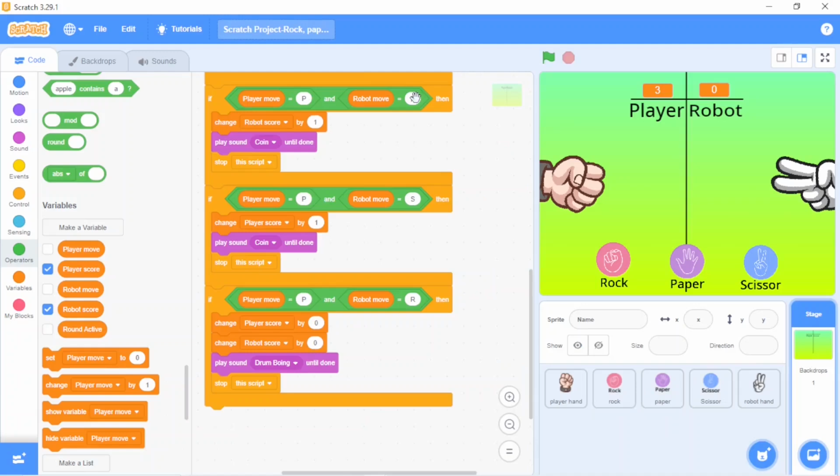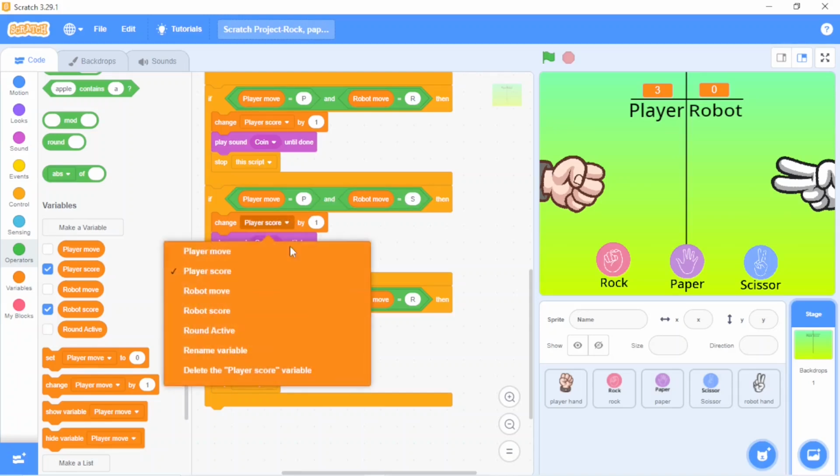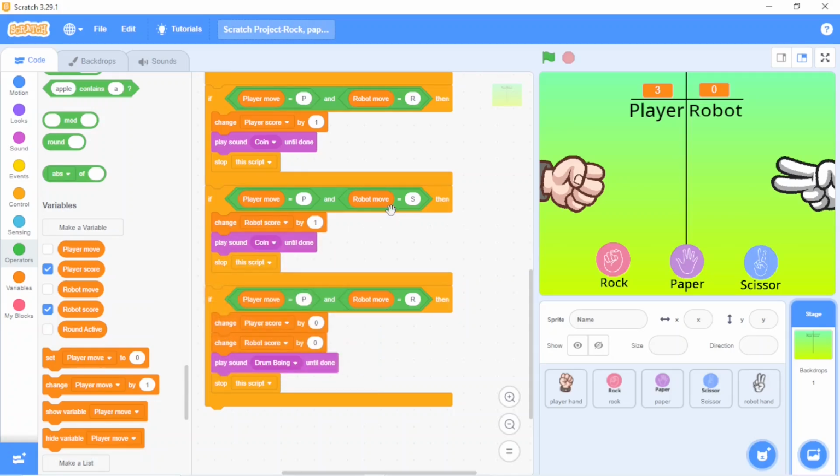And now in robot move is equal to R. If player move is equal to P and robot move is equal to R, then change player score by 1. And in the next, if player move is equal to P and robot move is equal to S, then change robot score by 1 because scissor will cut the paper.